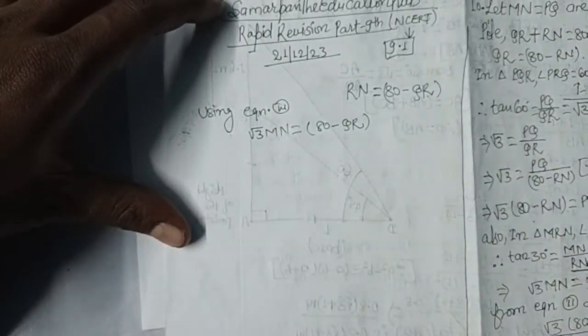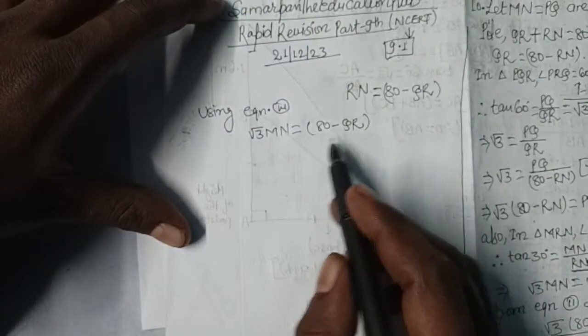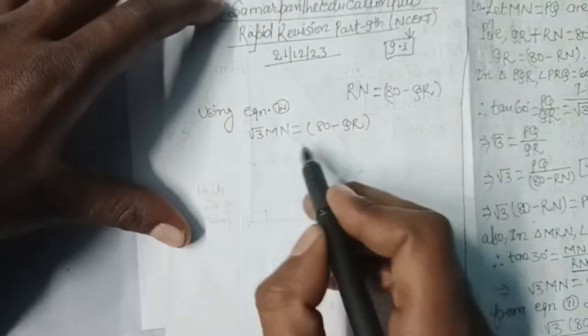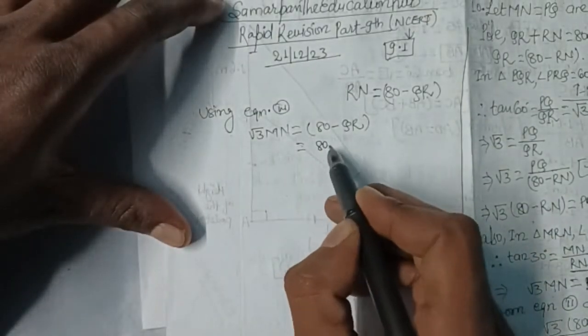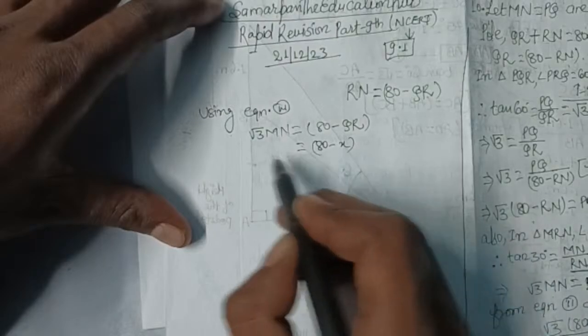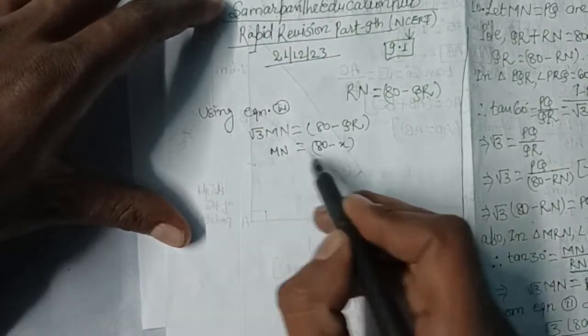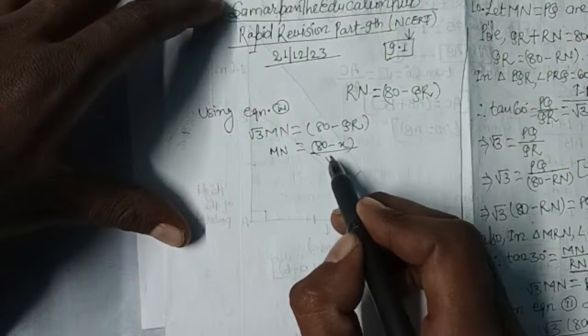Let's suppose QR is x, therefore Rn will become 80 minus x, therefore Mn equals to (80 minus x) by √3. Okay,